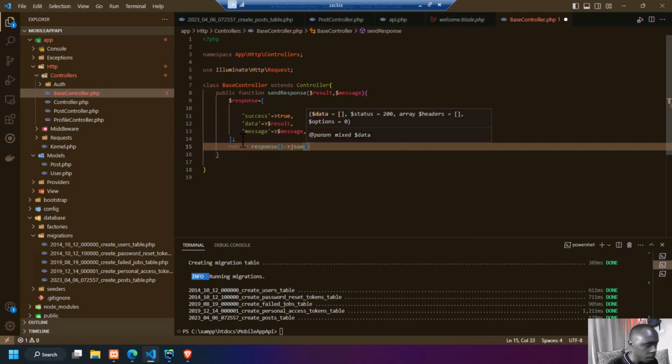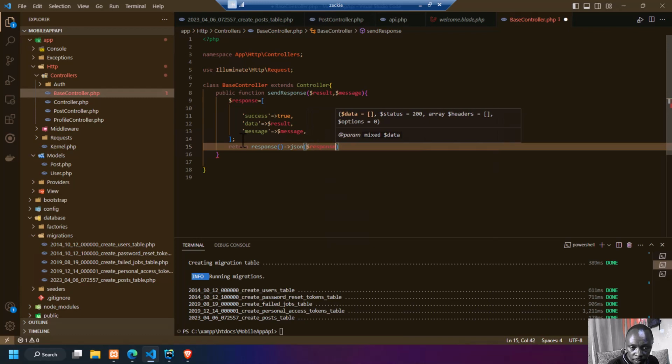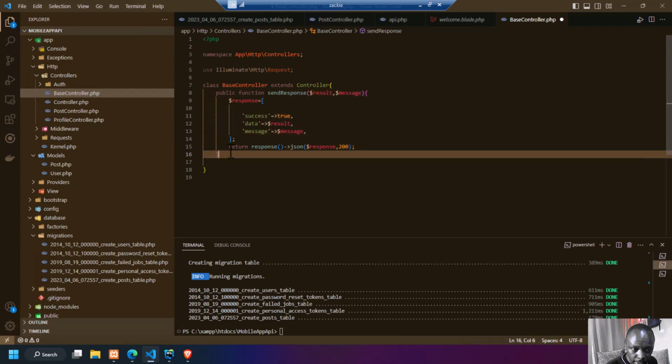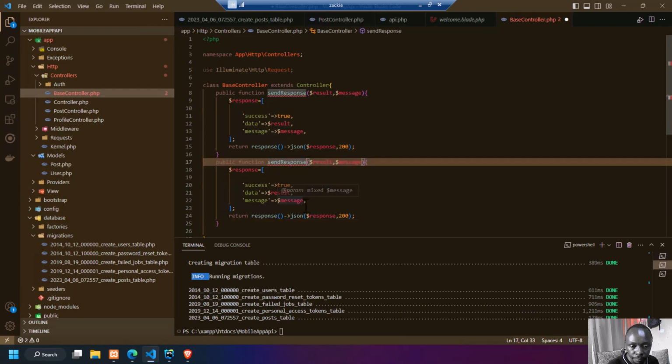It is a JSON response, either 200. JSON response 200. So with that, and then also if we are going to get an error message, the other one is going to be an error message. Sorry, I'm going to copy paste, but just going to change some functions. Function, this one is going to send error. Okay,